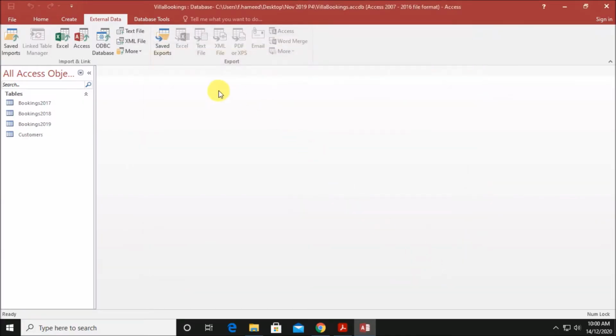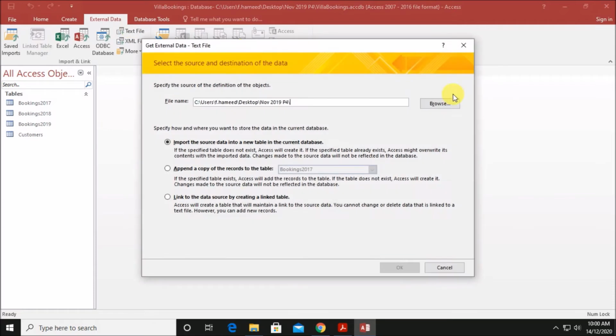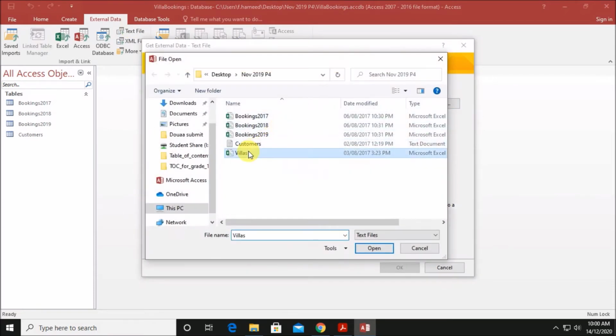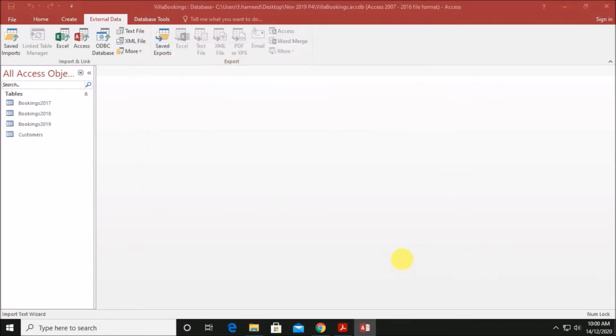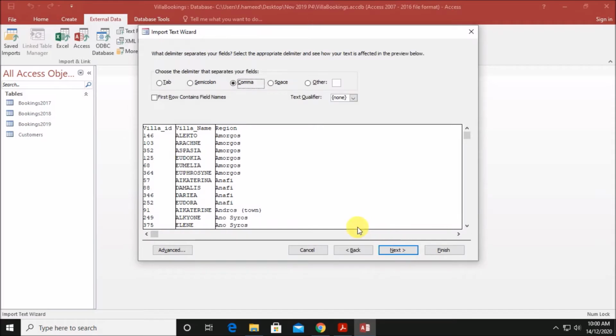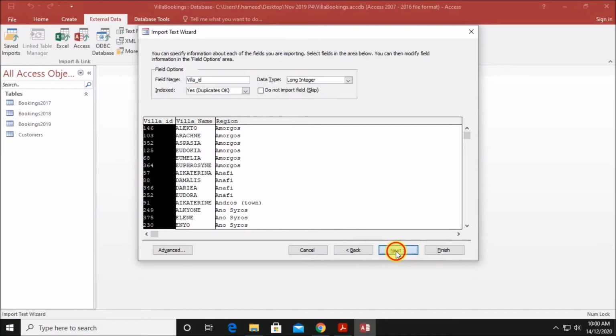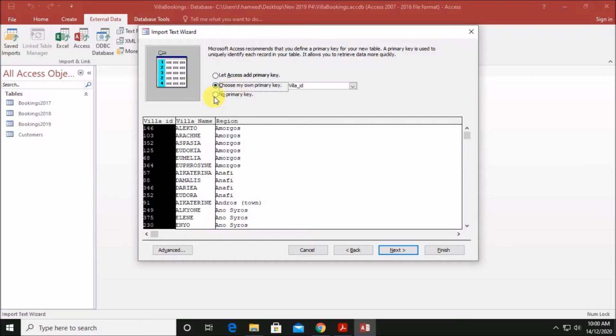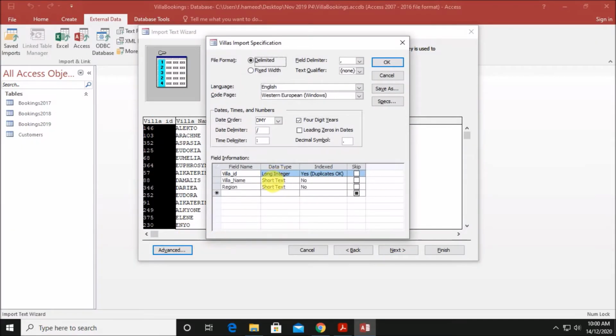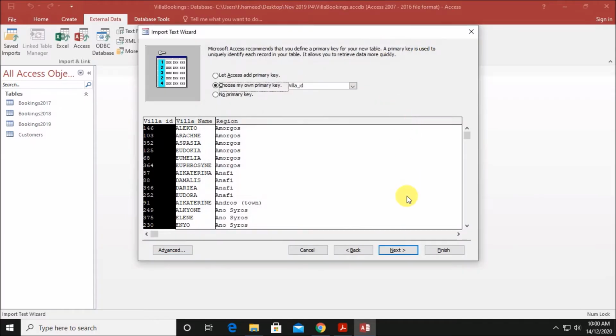So this is the customers table. Now import villas. These are the details about the villa: villa ID, villa name and region. The primary key is villa ID. Click on advanced, check the data types, give OK.